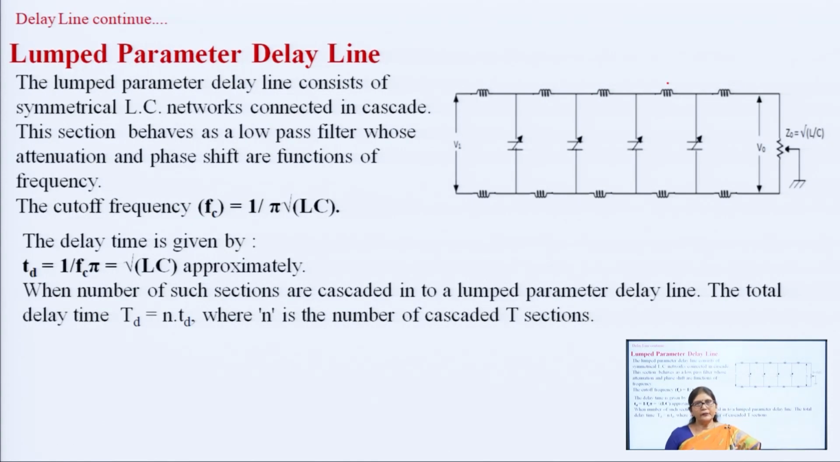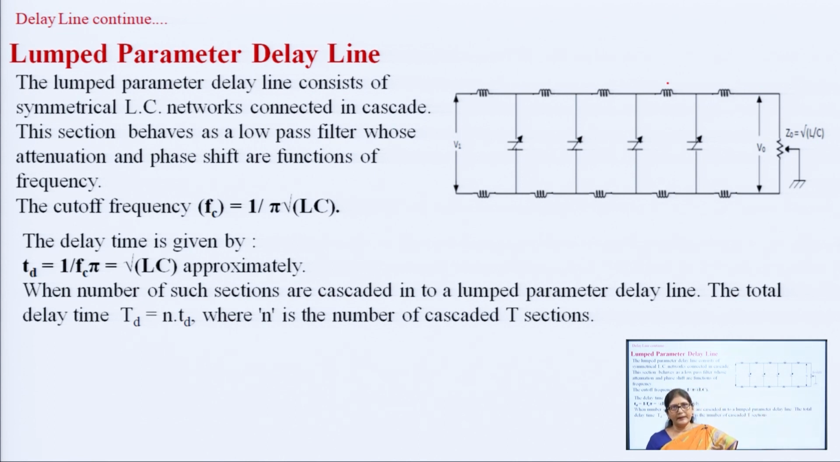Now, delay lines are of two types. One is the lumped parameter delay line and the second is the distributed parameter delay line. Lumped parameter delay lines consist of a symmetrical LC network. We can cascade the LC network as shown in the figure, and this network can be used